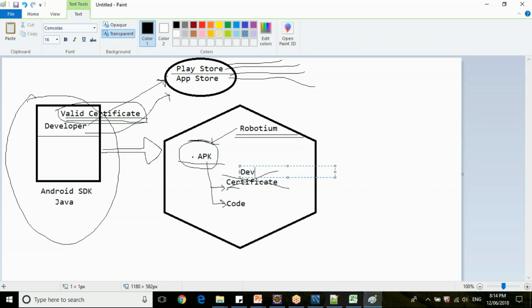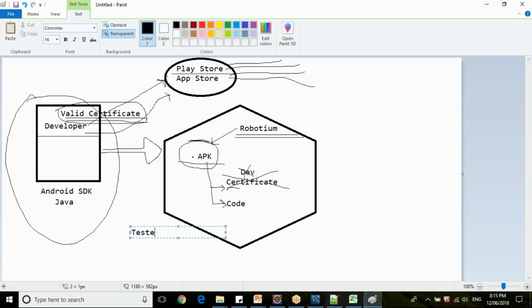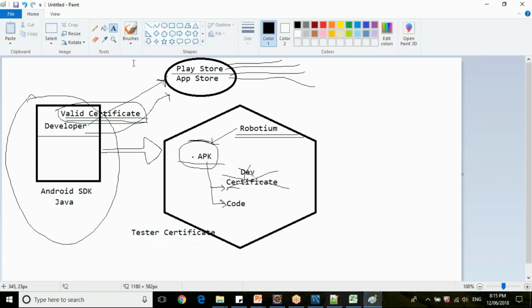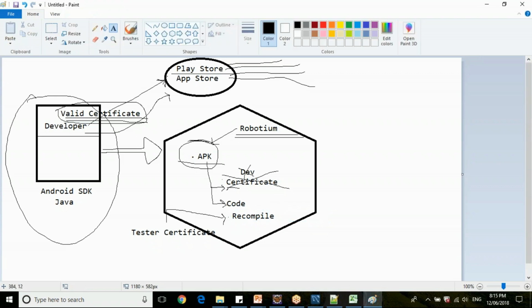Then the tester needs to create a new certificate. The tester will create his own certificate, inject that testing certificate with the code, and recompile this application. After recompiling, he will create the tester APK file.